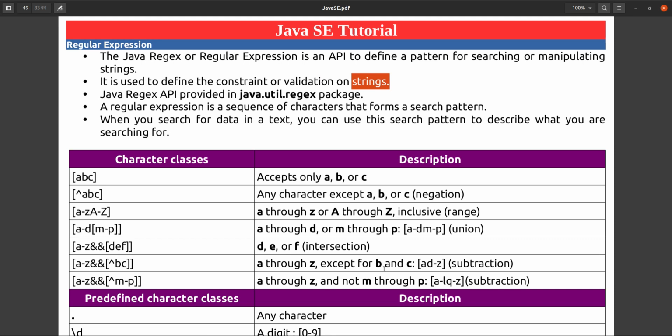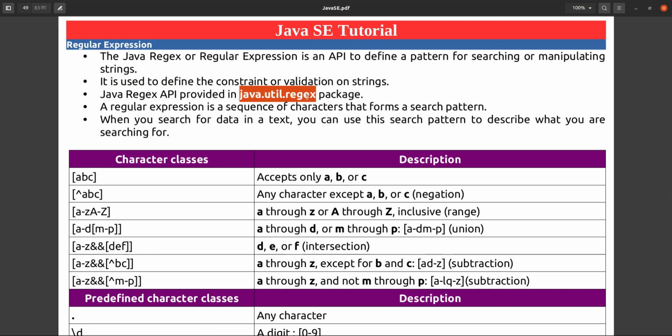So how is that applied, how do they check it in Java? In Java, the regular expression API is there. That regular expression API is used to do the validation or to define the constraint on a string. The Java regex API is provided in the java.util.regex package.